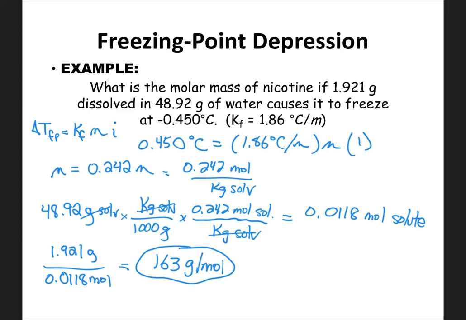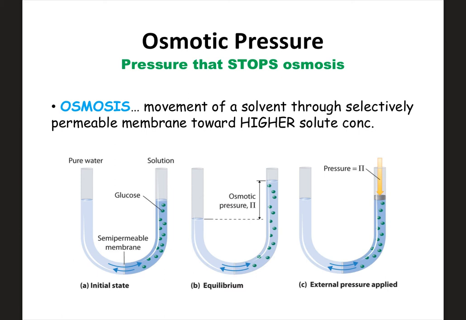All right, so that's kind of a variation of this problem here, and it's actually very useful in lab. Another property we can look at here is osmotic pressure. Osmotic pressure is the pressure that would stop osmosis. Remember here, osmosis is the movement of the solvent through the selectively permeable membrane toward the higher solute concentration. Right, so this is more of a biology thing. So it's not like we need to understand the entire process a whole lot, but we can do some math